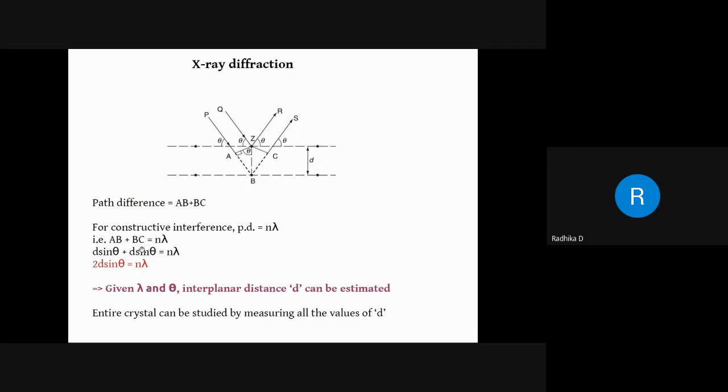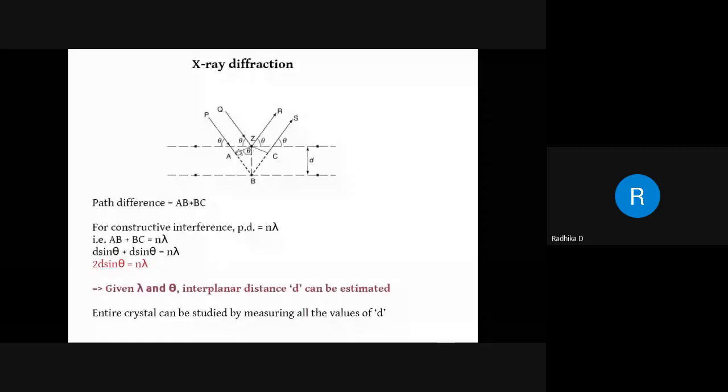So AB, this dotted line AB, you got as D sine theta. This dotted line BC also you got as D sine theta. Now, what am I going to do? This dotted line, if I see, with respect to this perpendicular, this is like a proper rectangle. That means this direction QZ and PA, it is all the same distance. It's the same distance which the ray has traveled. The same way here, from C to S and Z to R, it is the same length or the same distance the X-ray is traveling.